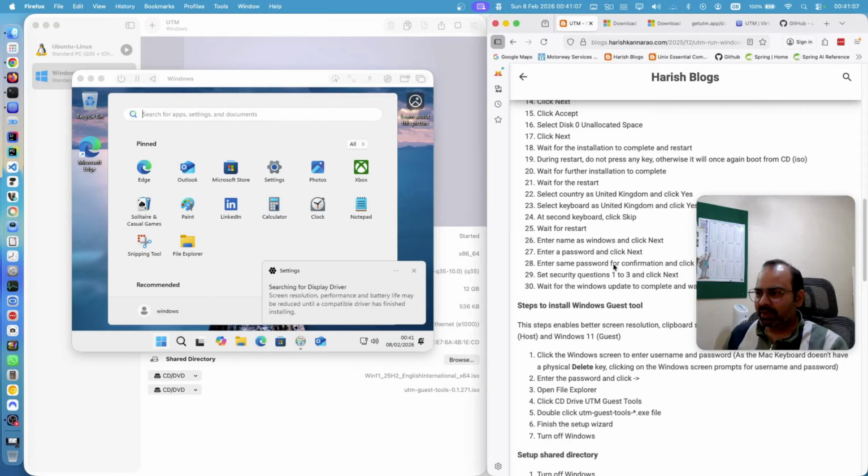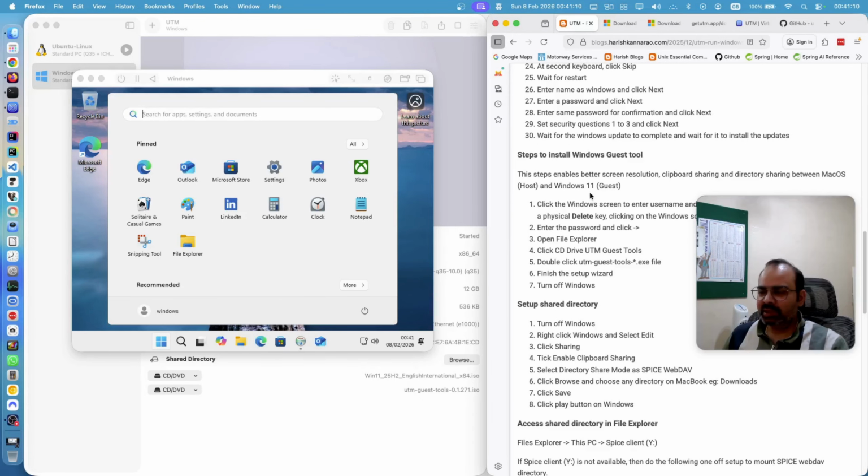Nice. So at this point, the Windows setup is complete. What we are going to do now is to enable the clipboard sharing and the directory sharing. That's the very last step, and then we are done. So the first thing to do is,